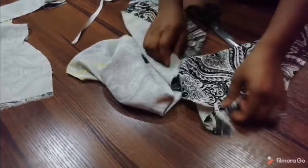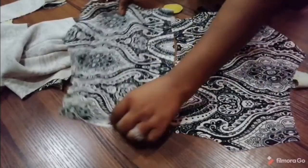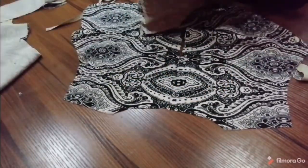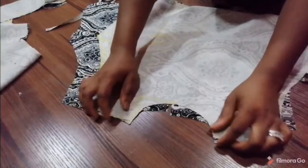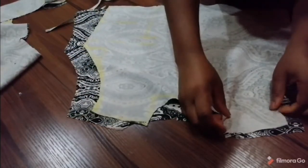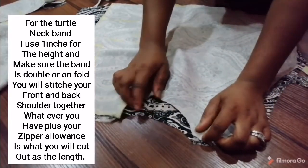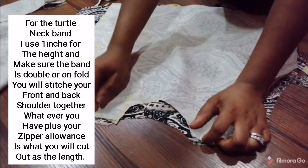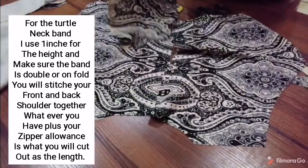So once I'm done joining the front shoulder and the back shoulder together, whatever I have there is what is going to determine the band that I'm going to put at the neckline to make it turtleneck. So after joining this shoulder to this shoulder, whatever measurement I have there is what I'm going to cut out to join on the neck area. So that's it about the